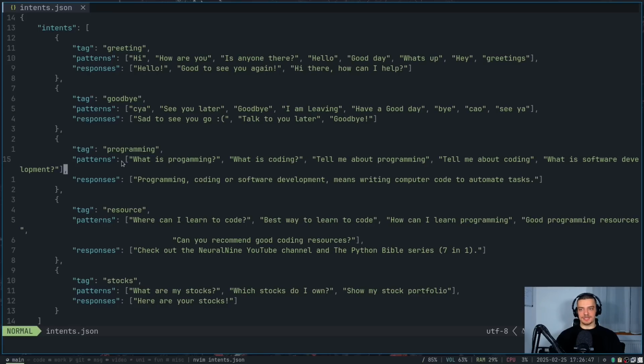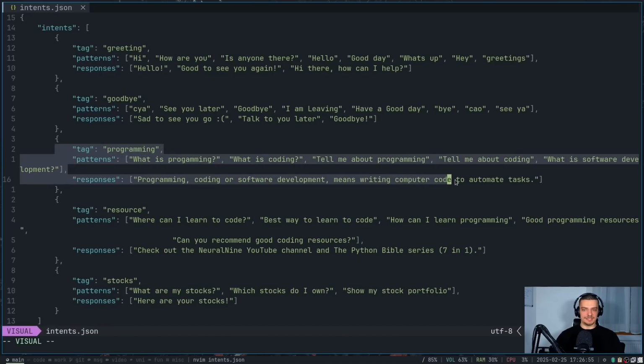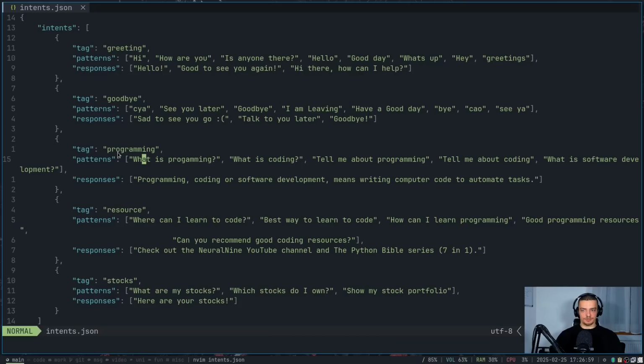So if I have maybe programming and then I have another one, software engineering, then of course it's maybe going to be classified as the other one. But if it's the most similar to this type of group here, to this type of category here, it's going to be classified as programming. I'm going to get the static response, and if I want to, I can also call a function,